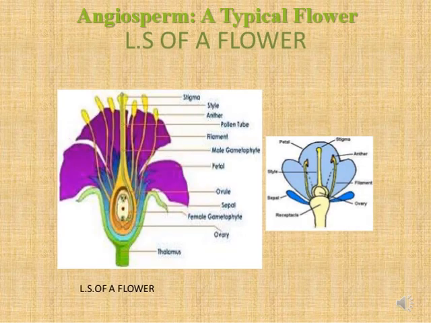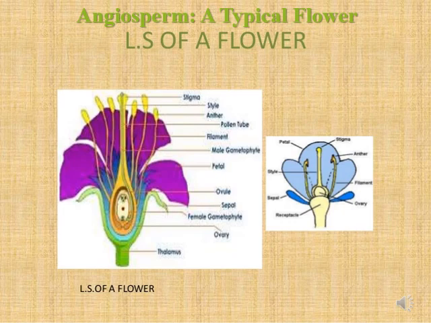Now we will deal with basically what are angiosperms. All of you know that angiosperms are the flowering plants. If you recently studied a flower, you know that a single flower consists of mainly 4 typical whorls, out of which 2 are called accessory whorls and 2 are the essential whorls. Now the essential whorls are represented by male and female gametophyte.